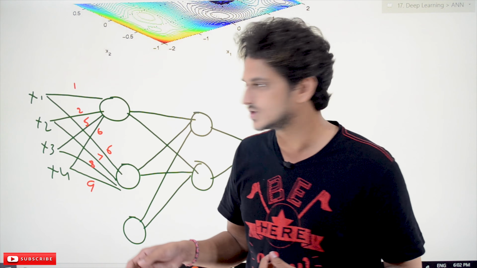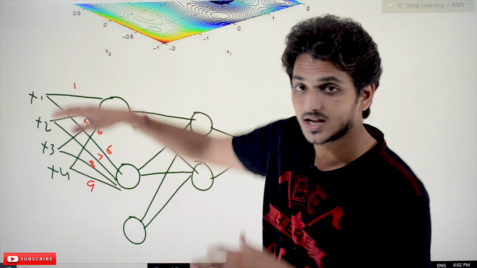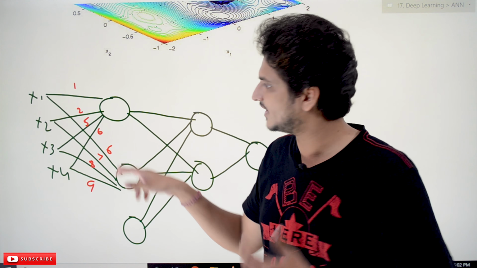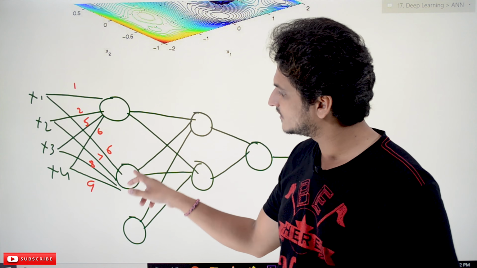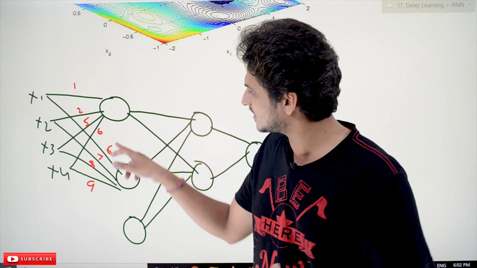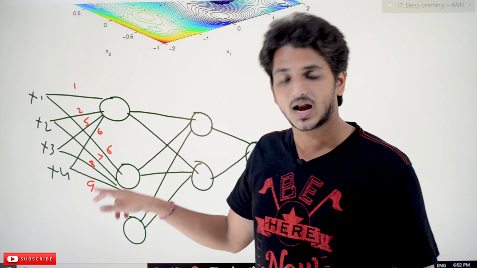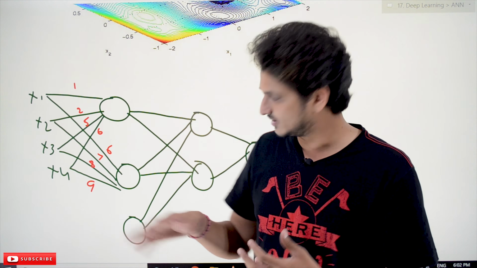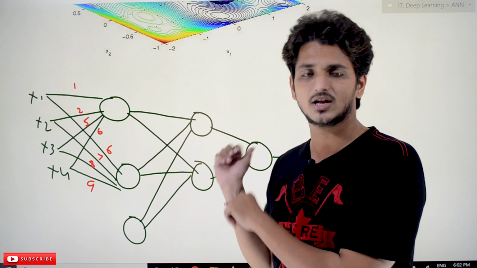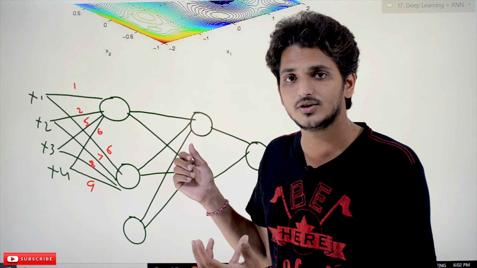So let's take a situation like this. Initially we randomly select some weights for this perceptron. Let's assume that the weights are 1, 2, 5, 6, and for the second perceptron, let's assume the randomly selected weights are 6, 7, 8, 9, and like that we select all the weights for all the perceptrons, and we train this network and identify the loss value. That is what we are doing in a neural network.